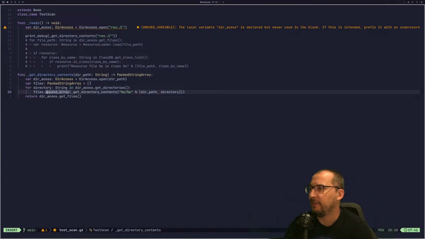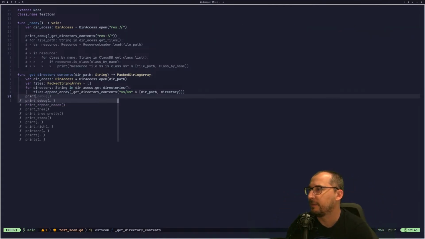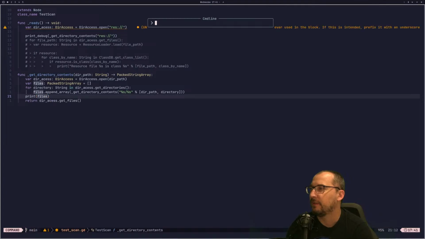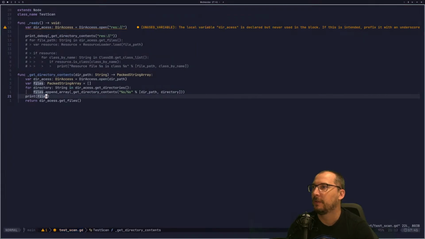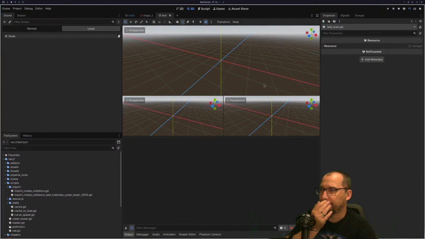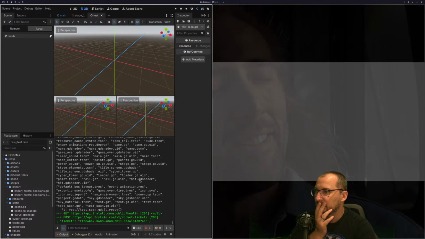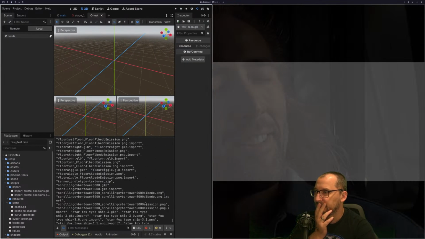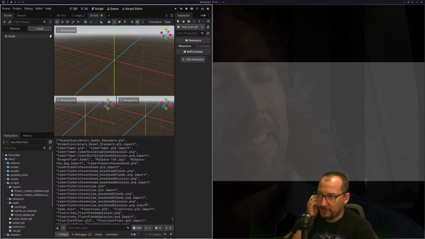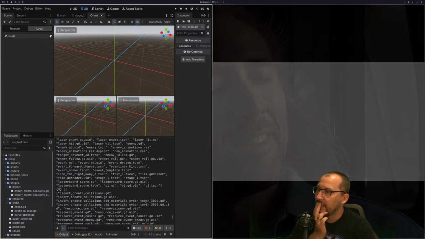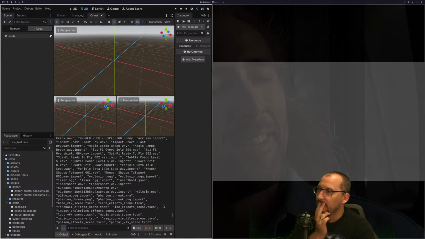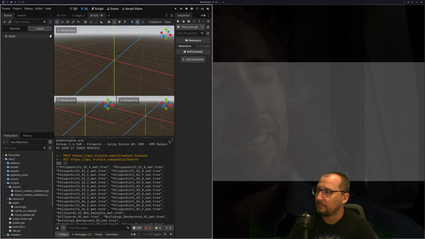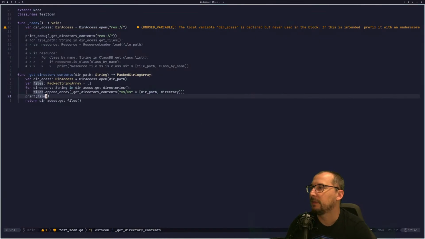And I bet if I do a print of this, we will see the first recursion. Right? And none of this is relative either. Oh, so this is all of it. Okay, so if each of these are returning